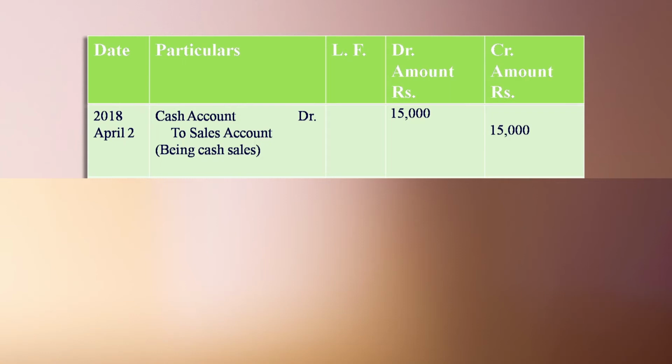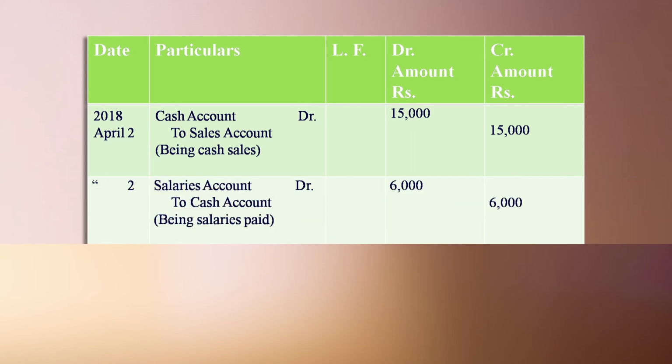So the left hand side of any account is known as debit side. This is the debit side and this is the credit side. So cash account was debited, therefore it was recorded in the debit side, 15,000 rupees. And here what will we write? Anything which is involved in the journal entry in the credit, those words we will write here, as you can see that the first journal entry was cash account debit to sales.